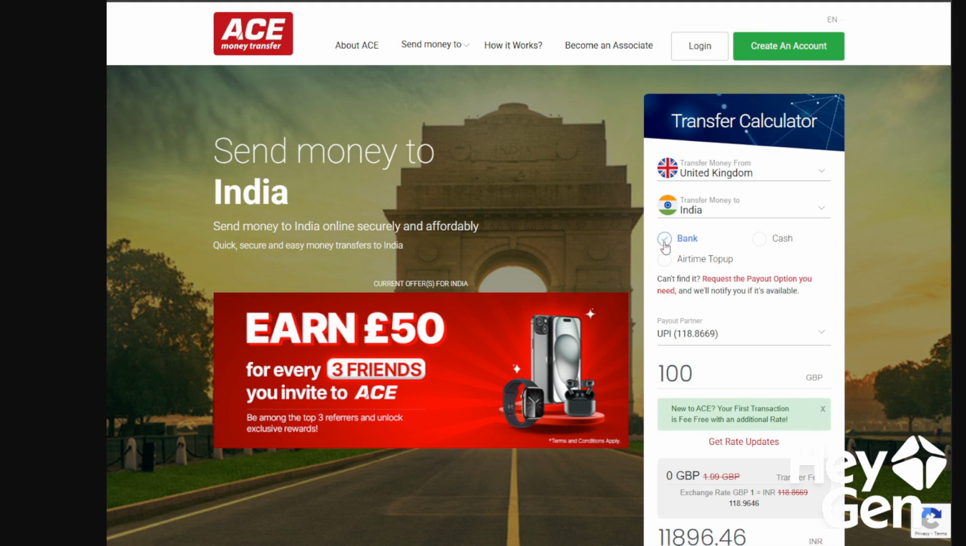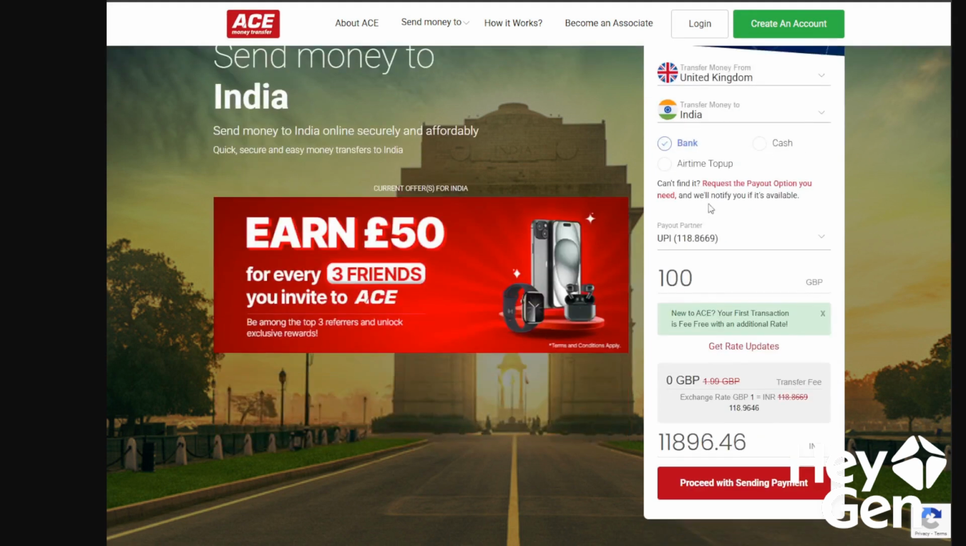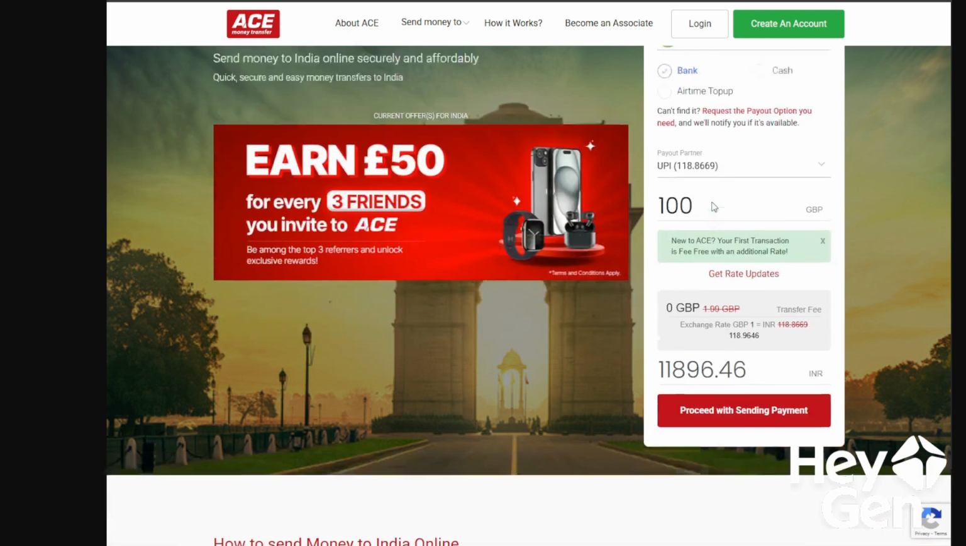Now here we're going to set all the necessary parameters to send the money. Here we're going to choose to do it via bank transfer. Alright, here we'll enter certain required details such as PIO partner. And here we're going to specify how much money we would send in the chosen currency